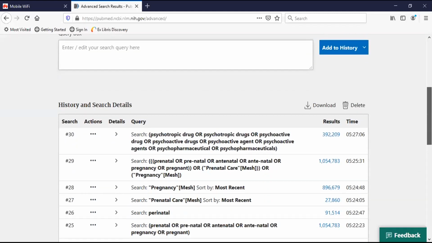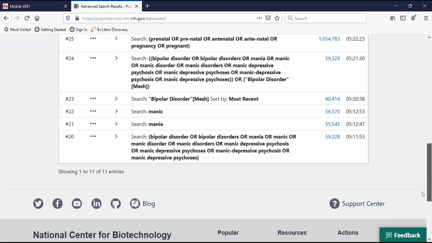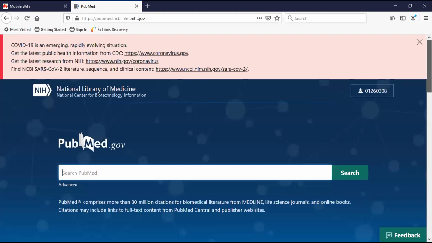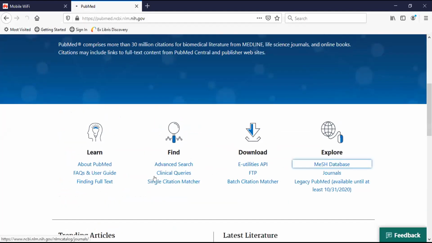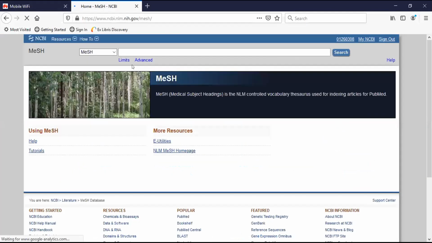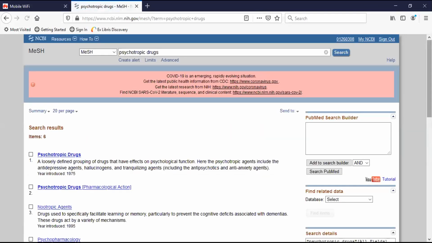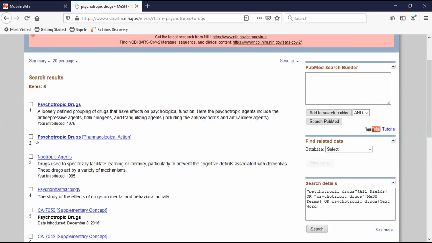Okay, so there's my keyword search. Now, once again, this is my last one, bear with me. We're going to go down to MeSH, and I'm going to put in psychotropic drugs and see what they say we should be using for psychotropic drugs. And they do say, indeed, that there's psychopharmacology as well. I wondered about that, but I left it out, and I'm going to leave it out for time expediency for now. But I put in psychotropic drugs,